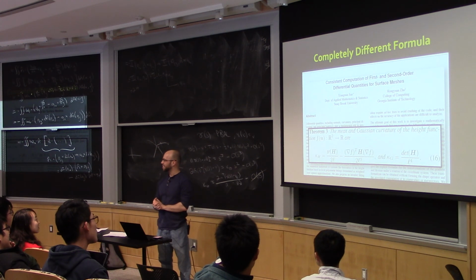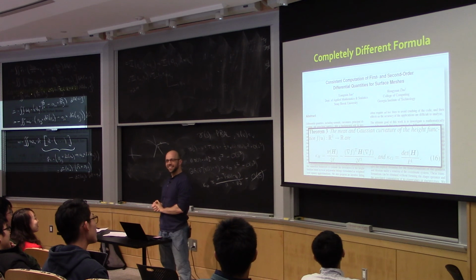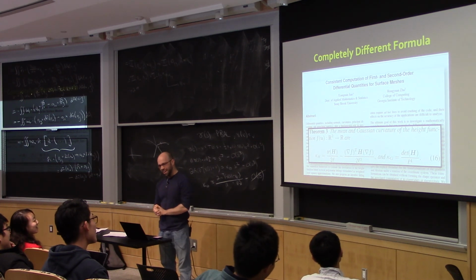Can anybody guess what it is? Then we'll call it for today. What would be the one way to get a paper with a boring topic published? Deep learning. Yeah, they train a deep network to compute Gaussian and mean curvature on a surface, and depressingly, it works remarkably well.